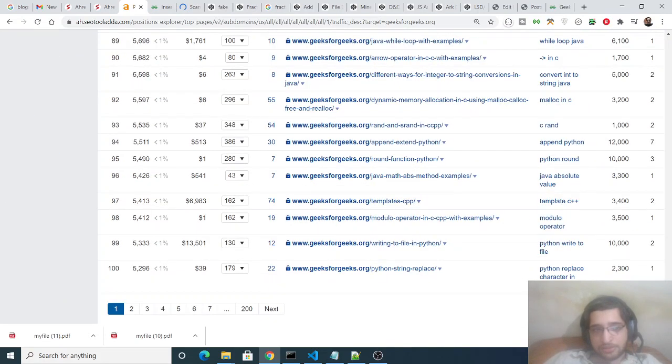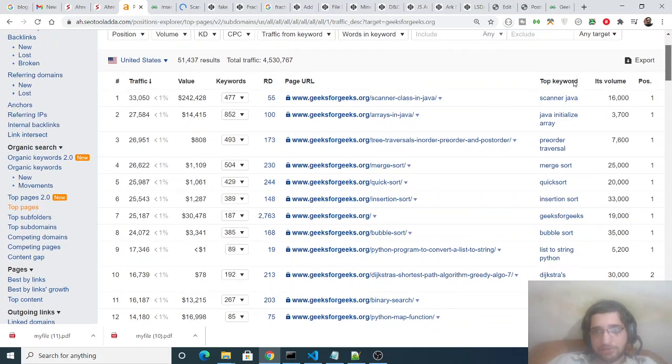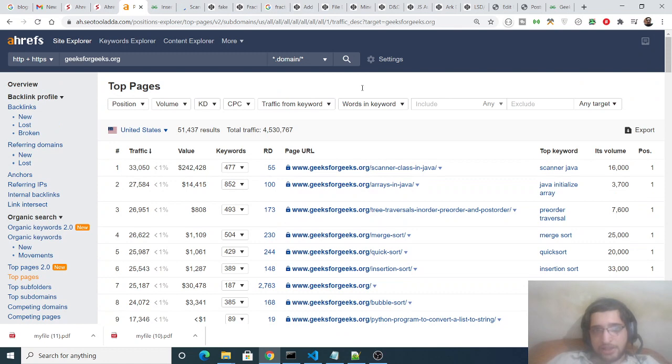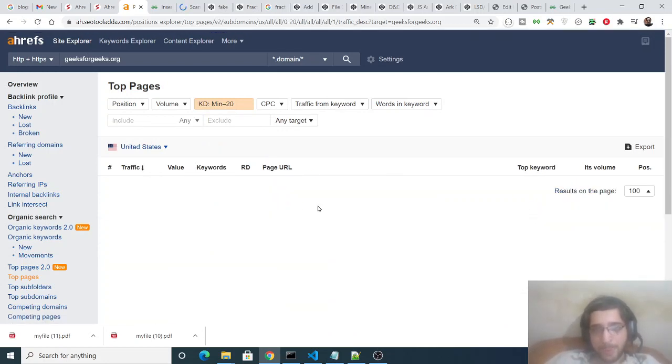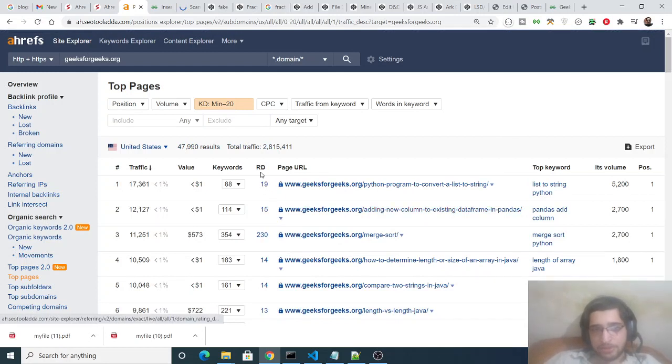So you can see almost 200 pages are there. So also the keywords are mentioned here. You can see scanner, Java initialize, array, pre-order, traversal, merge sort. And in this way also you can just filter out the keyword difficulty as well. So here you can mention 20 and click apply. So it will only show those pages which have got a keyword difficulty of below 20 here. You can see,